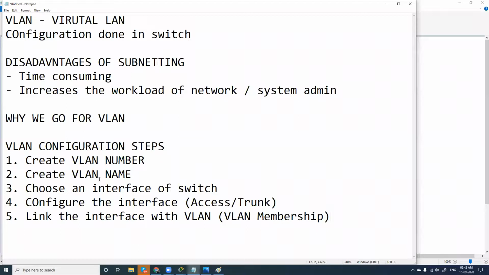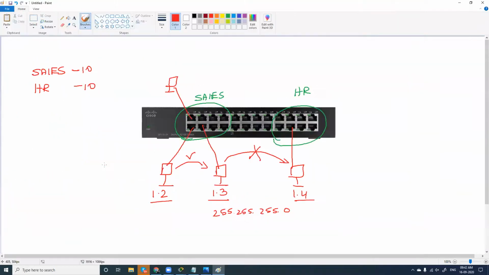And coming to the VLAN number, I told you this is VLAN sales and this is VLAN HR. For our understanding and for differentiating, we'll assign a number. This number can be anywhere between 0 to 65,535. To make it very simple, I'll keep VLAN sales as 10 and HR as 20. This is like a protocol and port number, but it is up to you to assign any number you want. It is just a reference number.